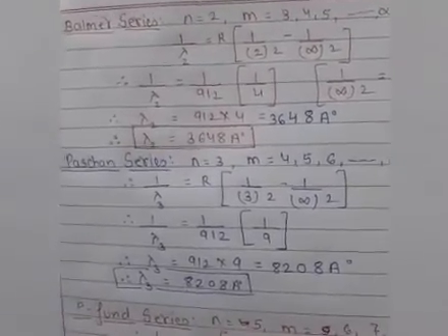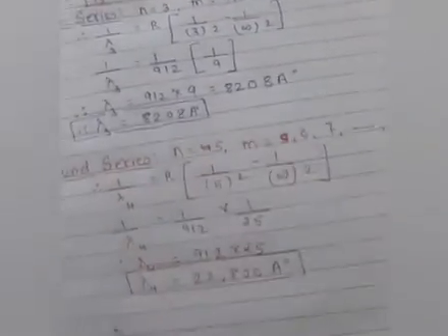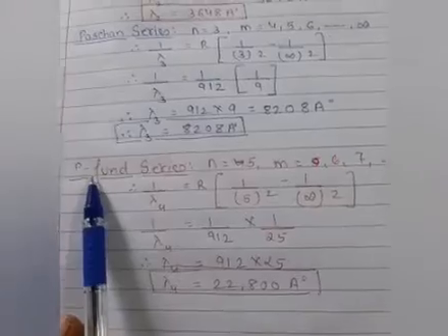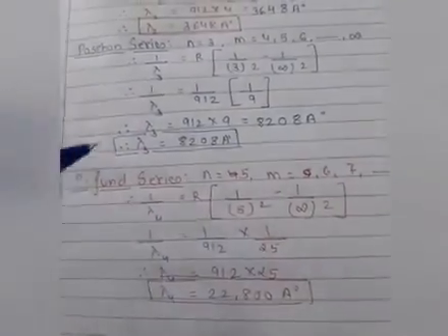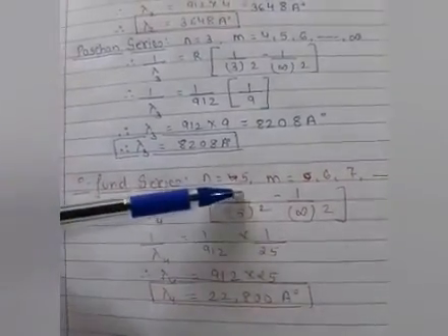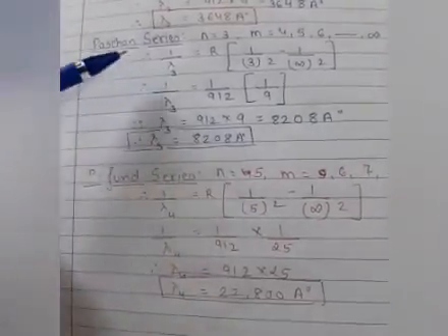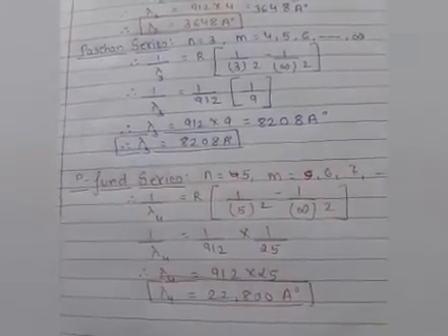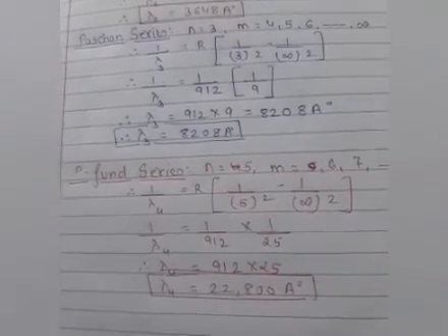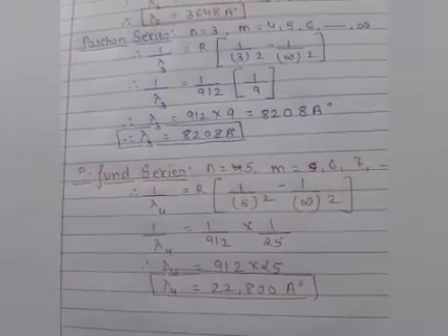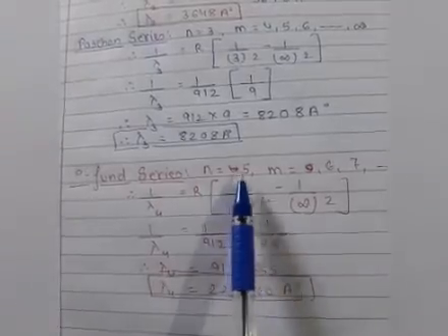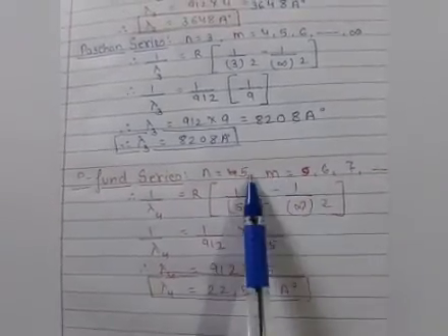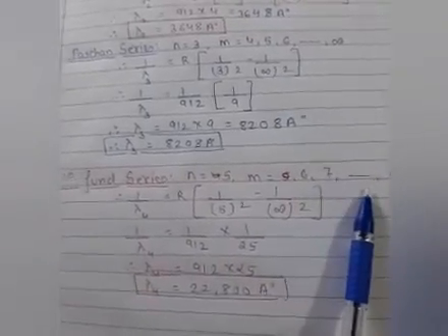Okay, then we have, students, the Pfund series. P is always silent in this case, that is Pfund series. So here we have the value of n, that is 5 we can consider. Yes, students, because after the Paschen series we get the Brackett series, but in this question the Brackett series is not asked. This question is asking about the Pfund series. So here we consider after 4, that is number 5 for the Pfund series, and the value of m starts after 5, that is 6, 7 till infinity.